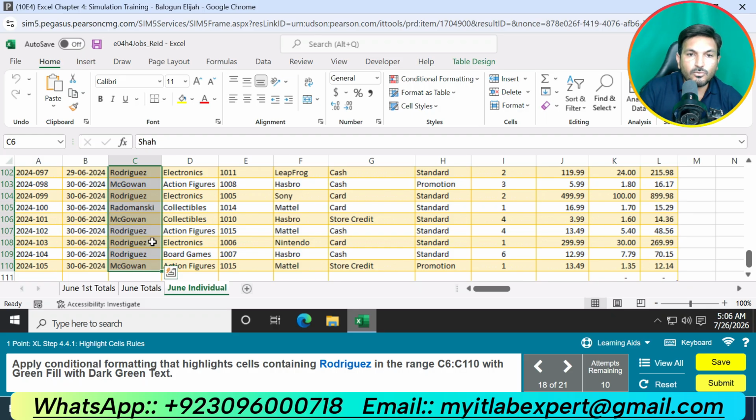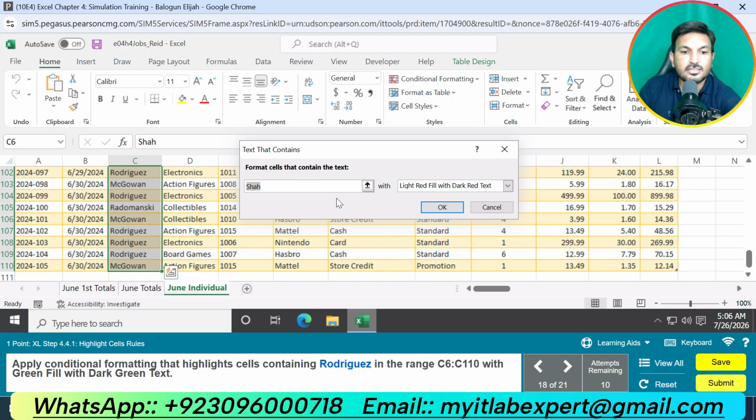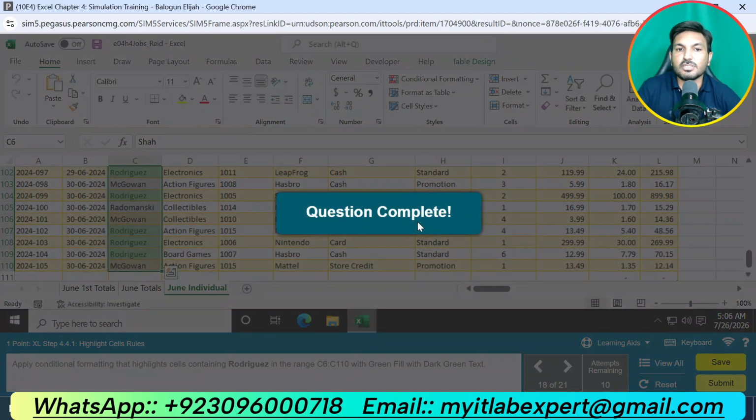Okay. Now we are supposed to go to the home tab, conditional formatting. Select this highlight cell rules, text that contains, this name, that is Rodri. We will type this name here, and here we will change it to green fill with dark green text. Click OK. That is question number 18.